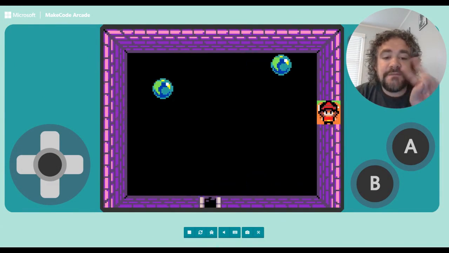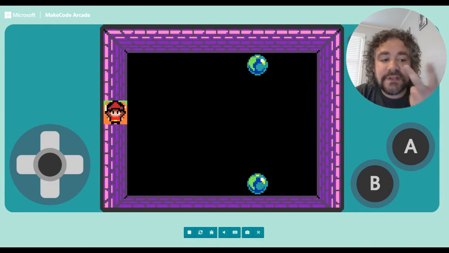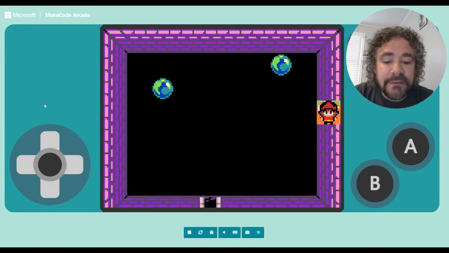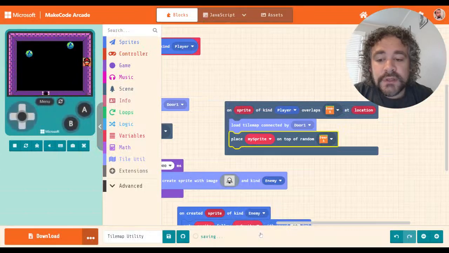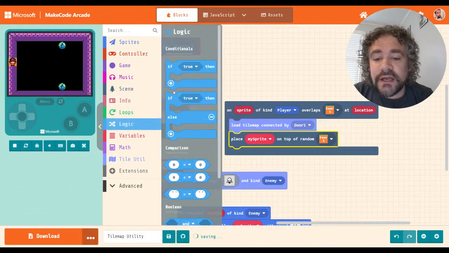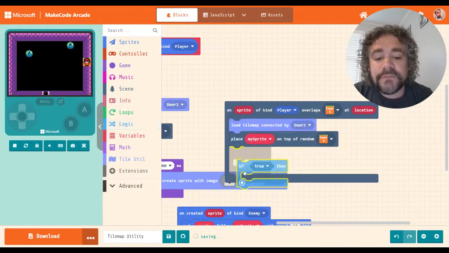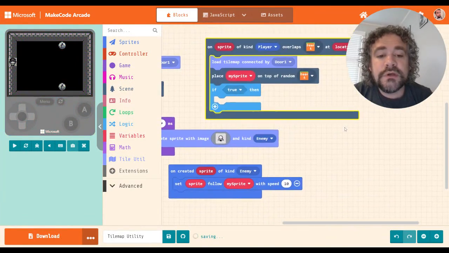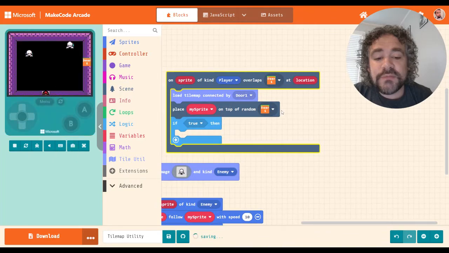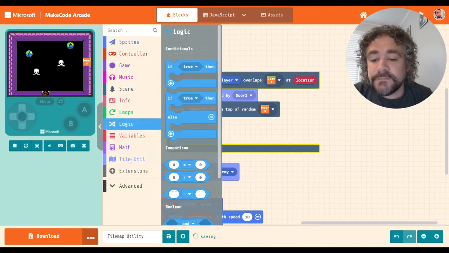The problem is it's in an infinite loop of spawns now, right? It's infinitely swapping between tile map 1 and tile map 2. So I actually need it to spawn me in front of the door. So let's create a little logic here and move it around a little bit. All right, so it's going to load the tile map. It's going to put me on the door, and then if,